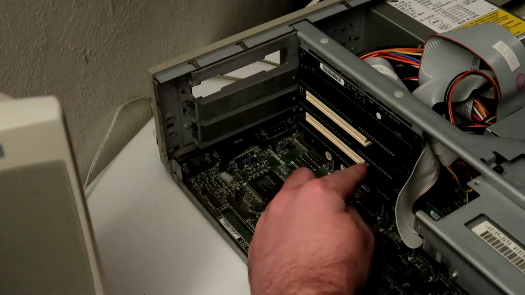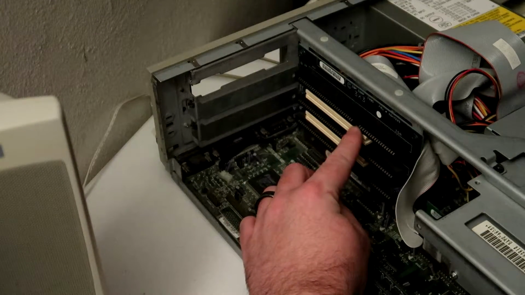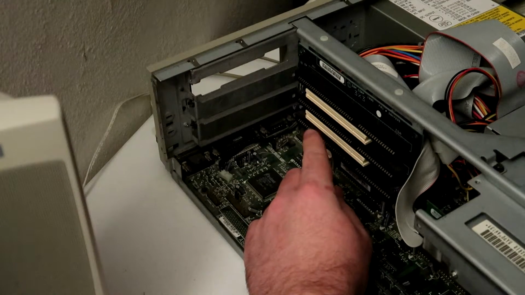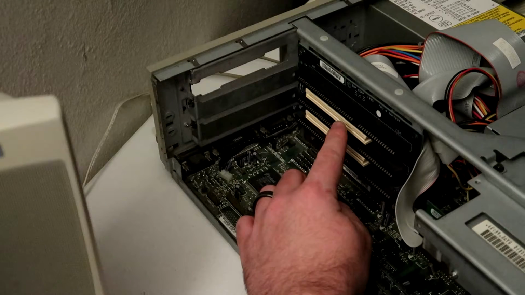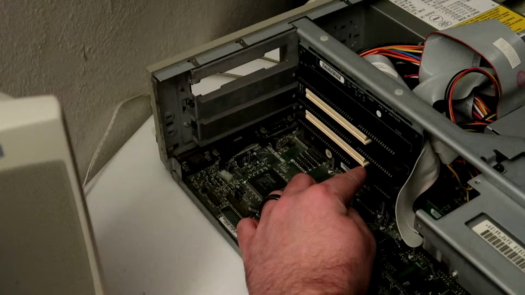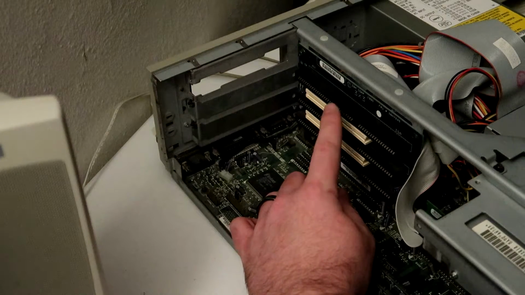So I've only got 3 ISA slots here and 2 PCI. Right now I've only got 1 ISA slot taken up by the sound card. It is the top slot. Basically, you can only use either 3 ISA slots at once or 1 PCI and 1 ISA, and that's it,